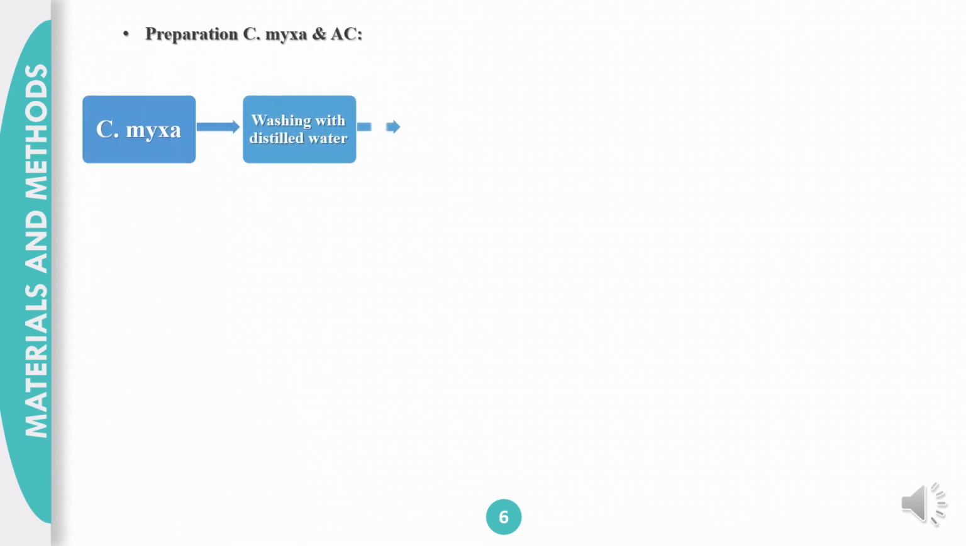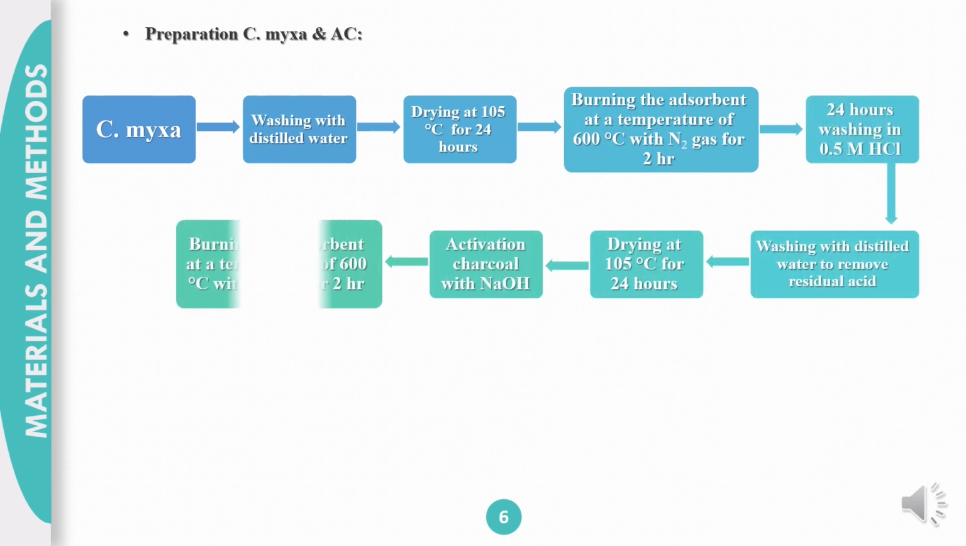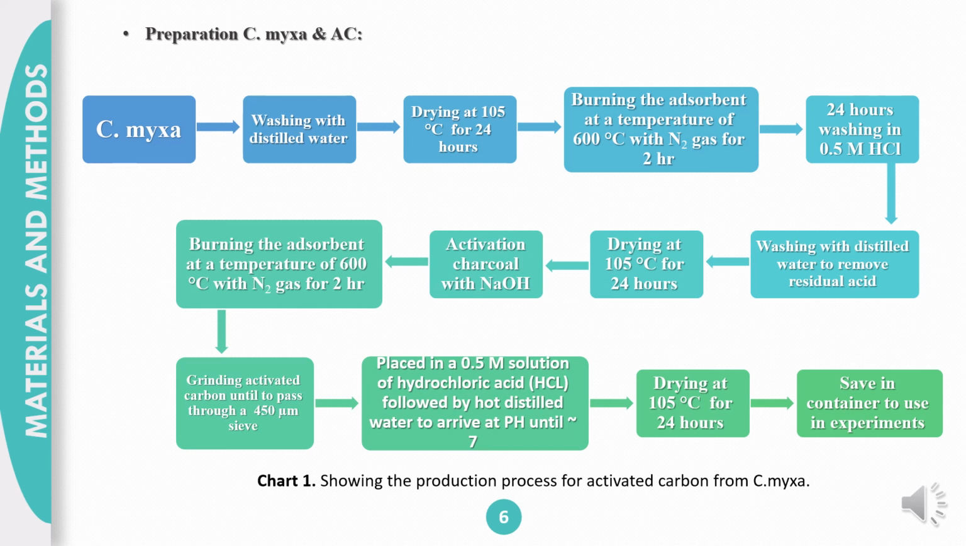Preparation of Cordia myxa activated carbon. In this chart is shown the production process for activated carbon from Cordia myxa. First, we take Cordia myxa, then wash with distilled water, then dry at 105 Celsius for 24 hours, then bear the adsorbent at a temperature of 600 Celsius with nitrogen gas for 2 hours, then 24 hours washing in 0.5 molar HCl, then washing with distilled water to remove residual acid, then drying at 105 Celsius for 24 hours,